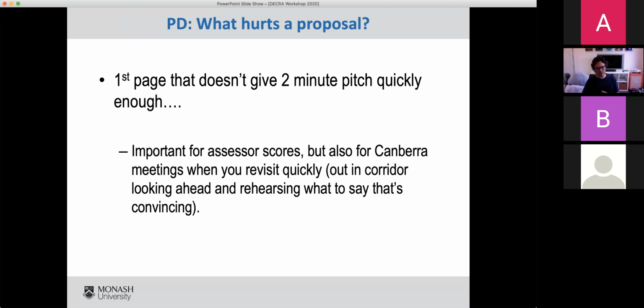And they're frantically flicking through pages. Their enthusiasm for the project is just going to be slipping away as they're frantically trying to find that cool sentence. I need to be able to tell the college members that. So think about it as you're trying to get people on your side, and you're trying to give them the tools to convince other people to get on your side as well.